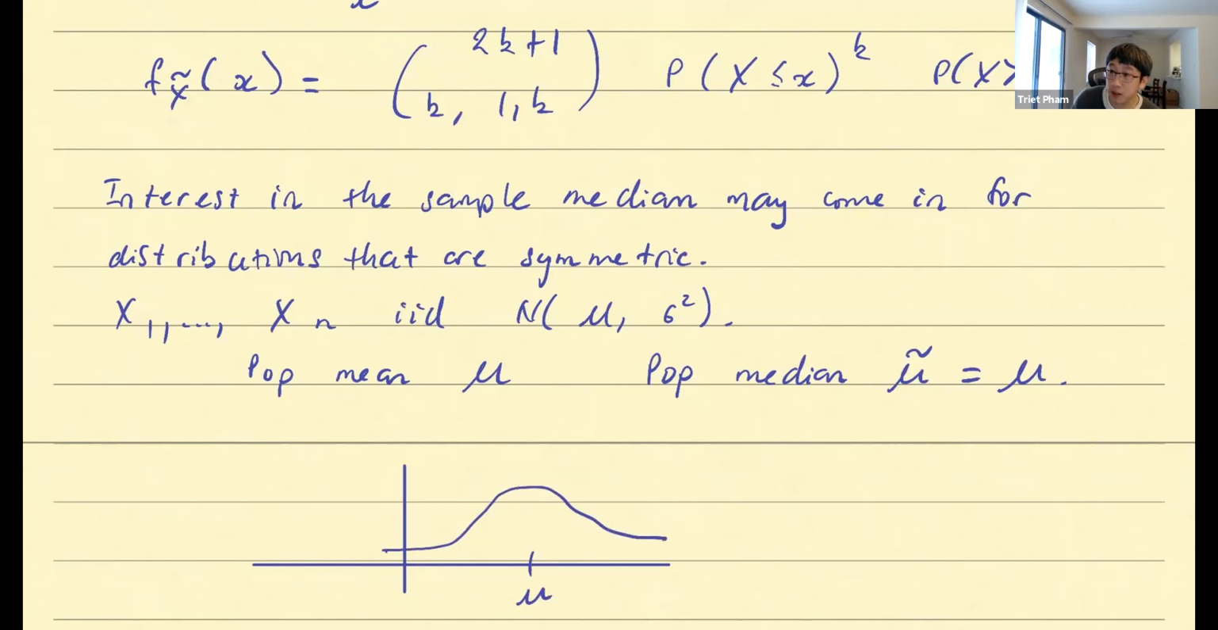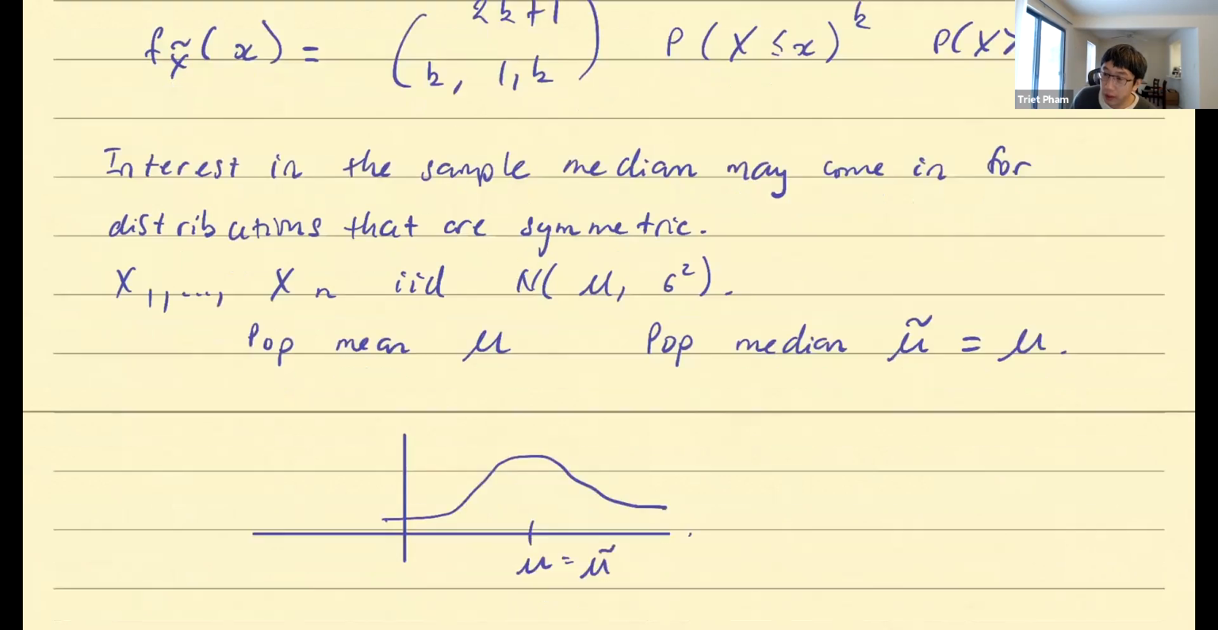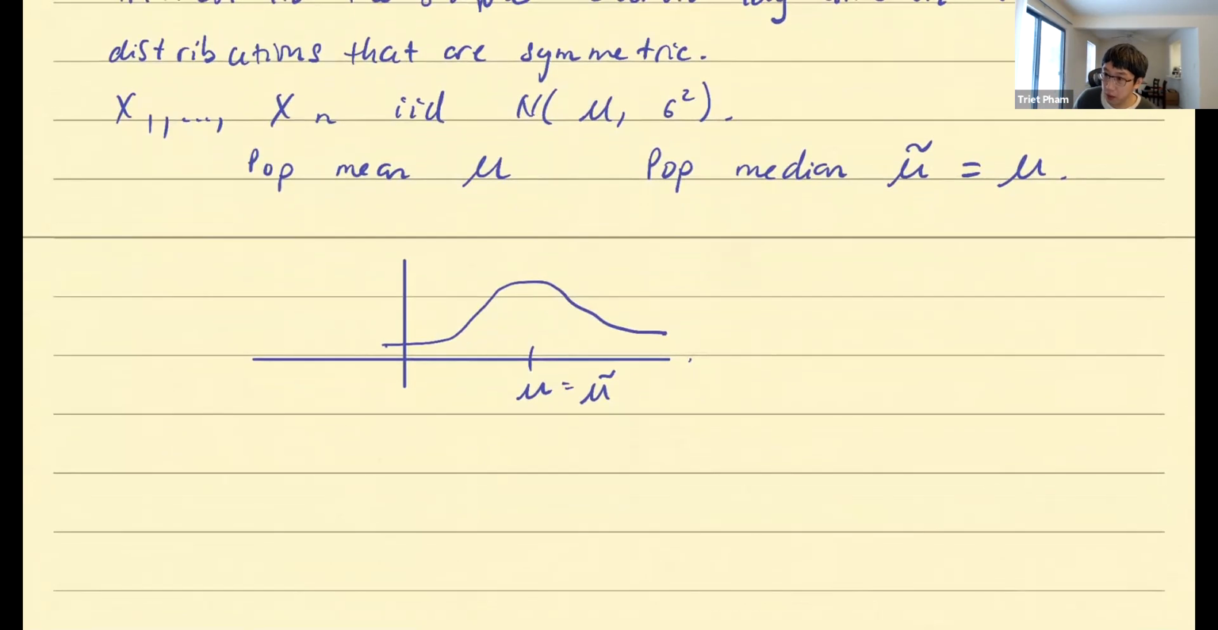Like that. So 50% below mu, 50% below mu, so mu equals mu tilde. That means estimating mu and estimating mu tilde is the same thing because they're the same. But of course, when it comes to sample statistics, these are different values. X bar is the sample mean, meant to be an estimator of mu. X tilde, the sample median, is meant to be